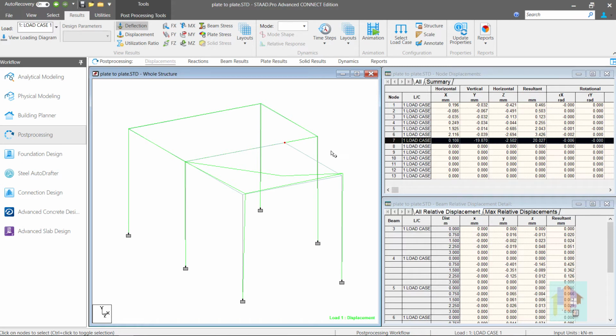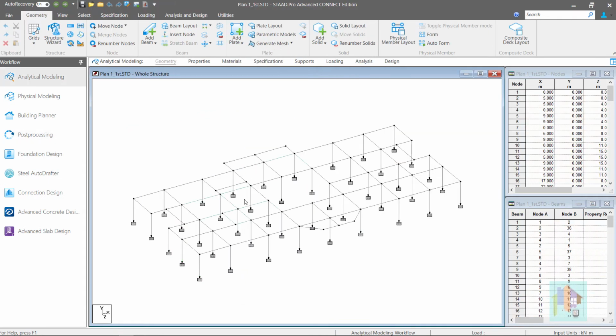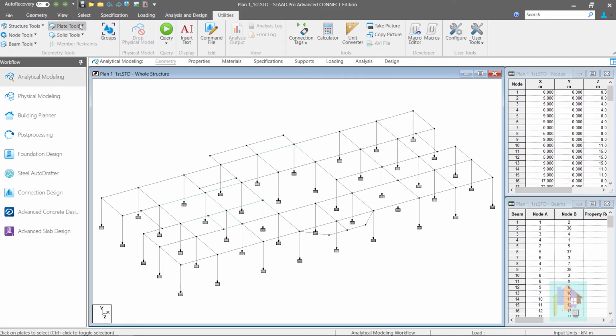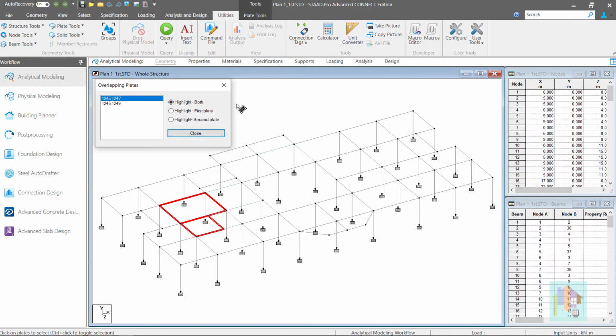This suggests that the small plate is not supported at this node and can move freely. This unrestricted movement of the plate generates an unstable condition. This modeling problem is known as plate-to-plate connectivity issue. If you go to Utilities, Plate, and Plate Connectivity tool, you can notice these plates are highlighted and program informs